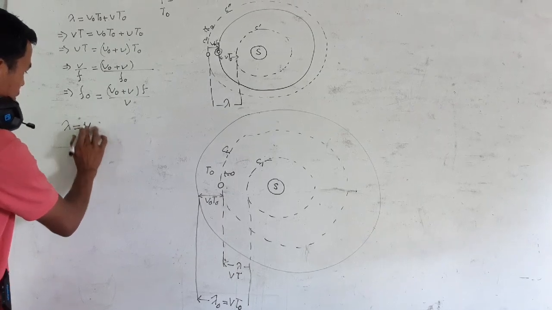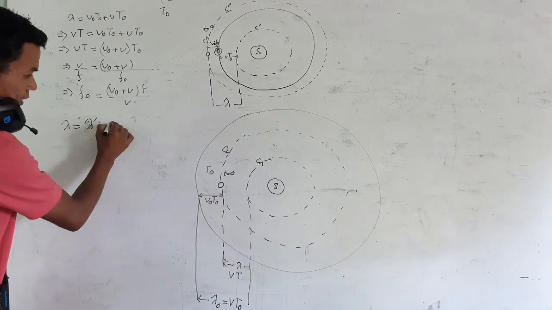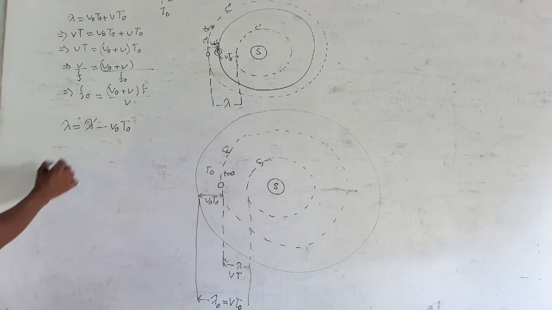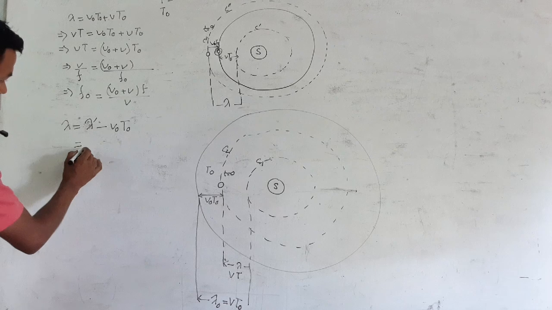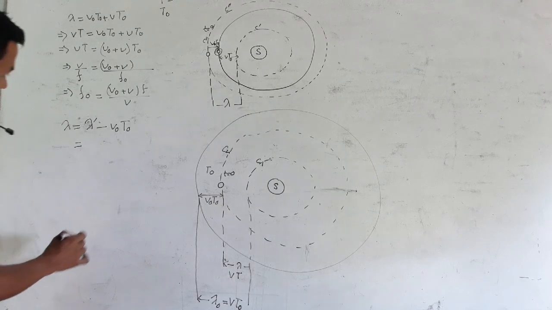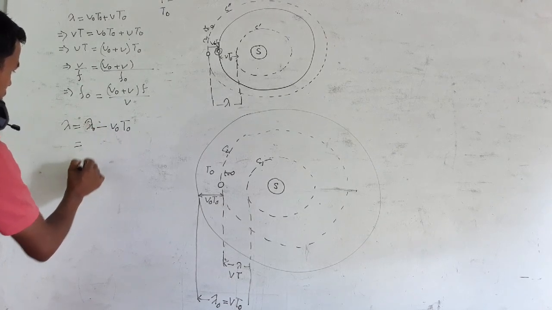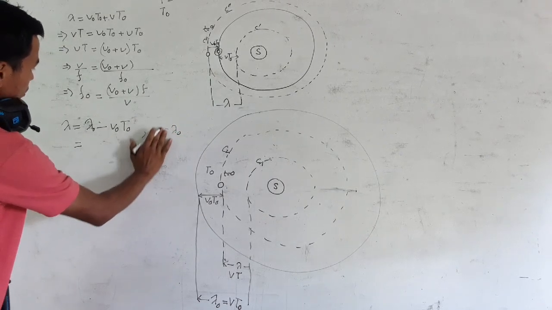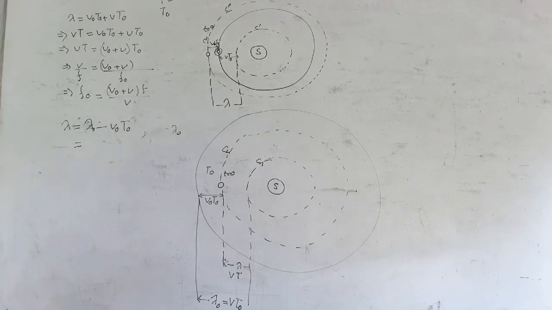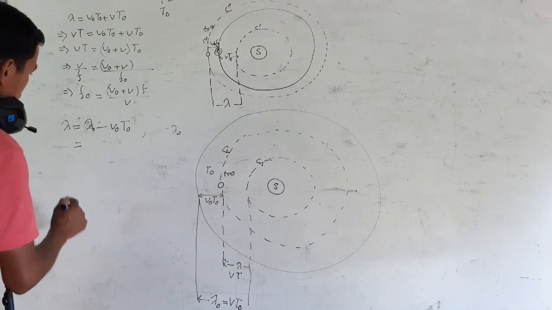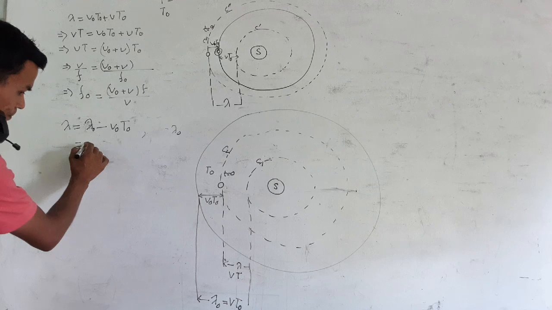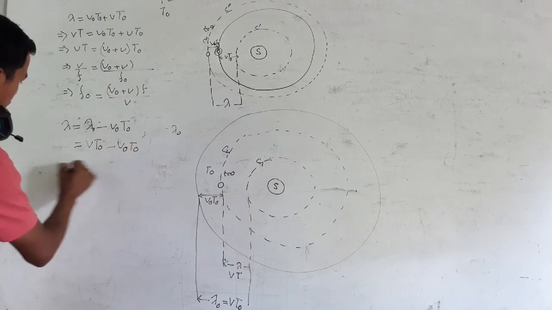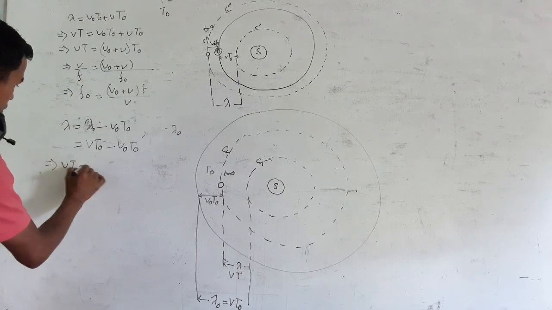So here we have the actual wavelength lambda is equal to the apparent wavelength lambda prime minus the distance moved, v naught T naught. But lambda prime, that means observed wavelength, lambda naught. I have written that lambda prime is equal to lambda naught, so I'm removing it so that the sign becomes in conformity with the signs as used above. Now lambda naught is equal to vT naught minus v naught T naught, which implies